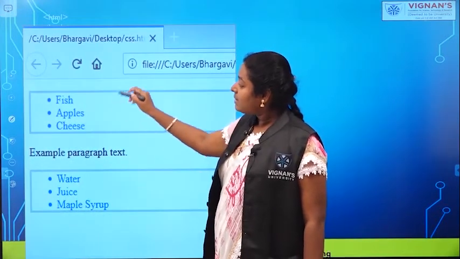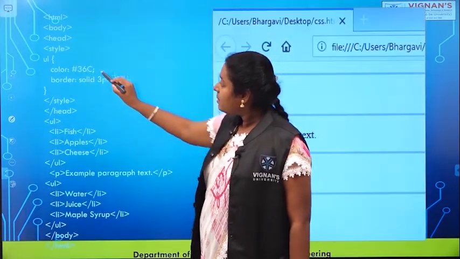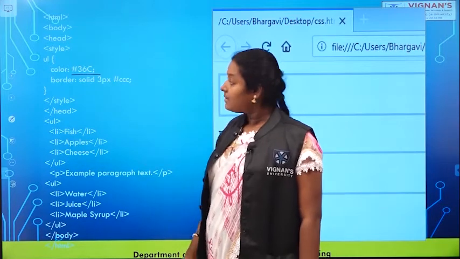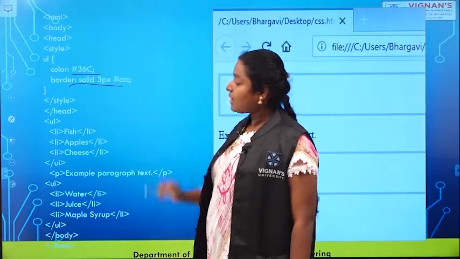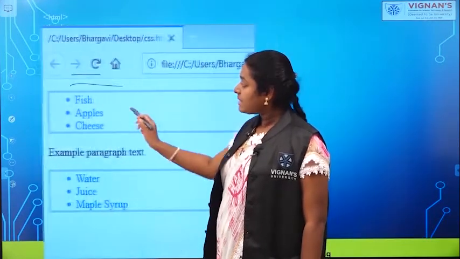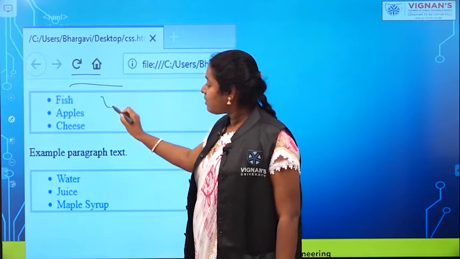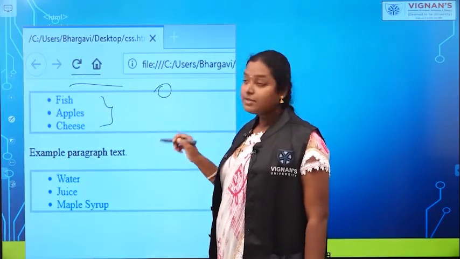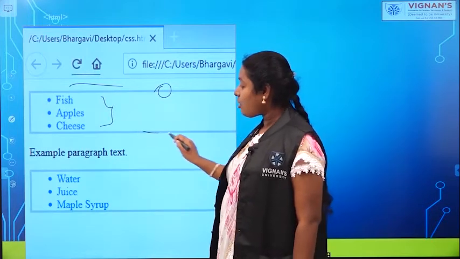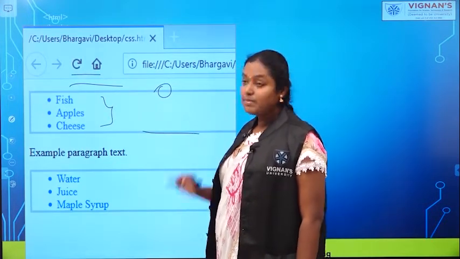So for this content you had given some blue color, and next this is the color given to the border. So if you see in the output, for this list of items you get a blue color, and for the border you have a 3 pixel width of style solid, which will appear in some cement color.